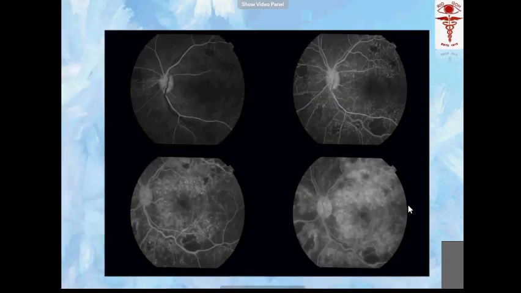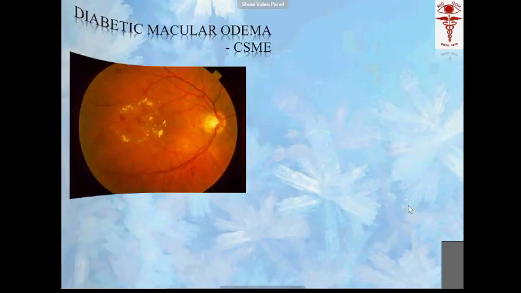So again, in macular edema, there are three types. One is the focal leak, where the microaneurysm will leak. A diffuse leak is where all the capillaries will be dilated and it will leak. The third type is ischemic, which I showed you before. So here you can see nicely the microaneurysms which are getting highlighted in the early stage, and it leaks. Leaks means the fluorescence around the microaneurysm increases. That is, the vessel becomes weak and leaks everything. So this is called a diffuse leak. So this is a diffuse type of macular edema.